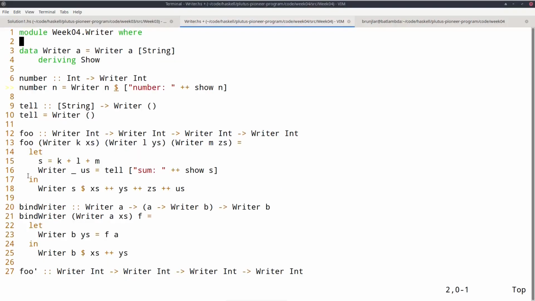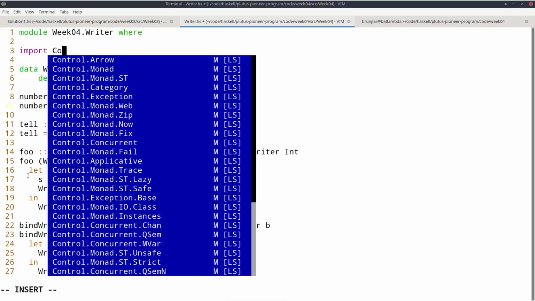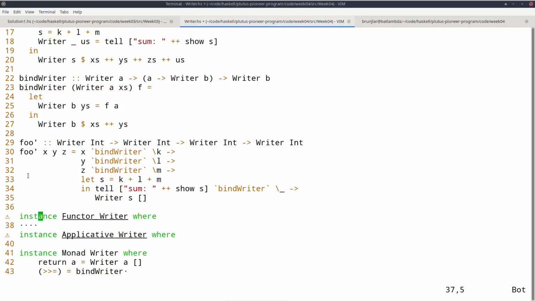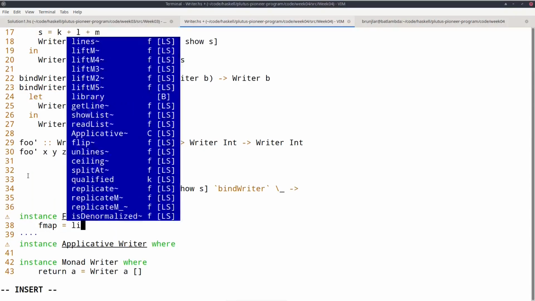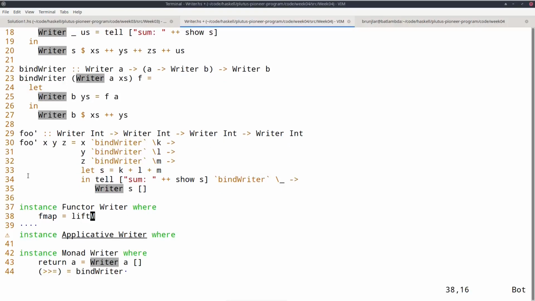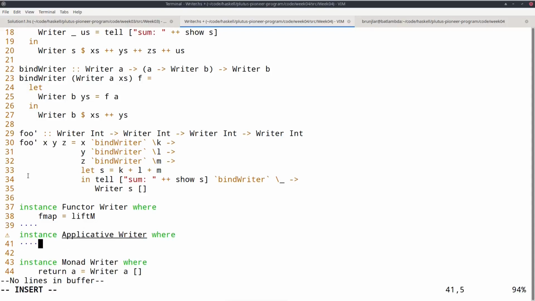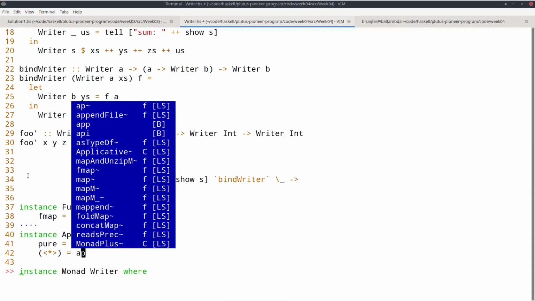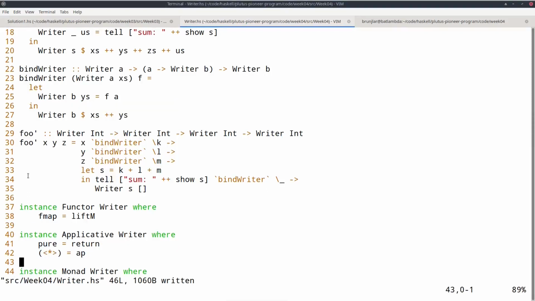Given this, the standard way to implement functor and applicative is to use helper functions from Control.Monad. There's something like liftM that makes use of return and bind to implement fmap. For applicative, we need pure, for which we can just use return. And then we need this app operator, and similar to liftM, there's something called ap in Control.Monad that implements this, again using return and bind.